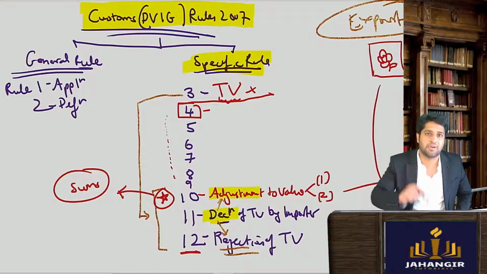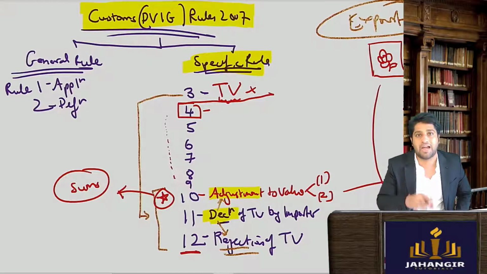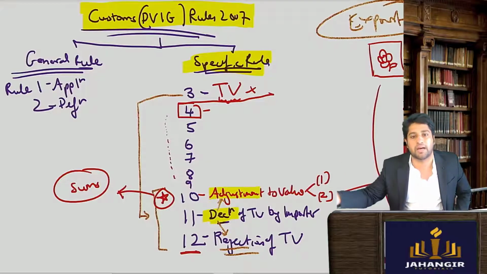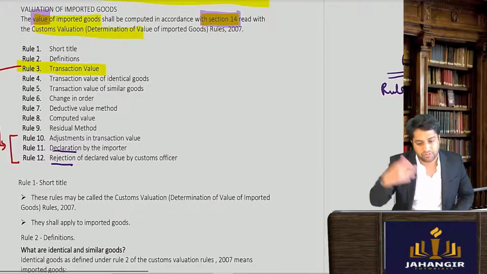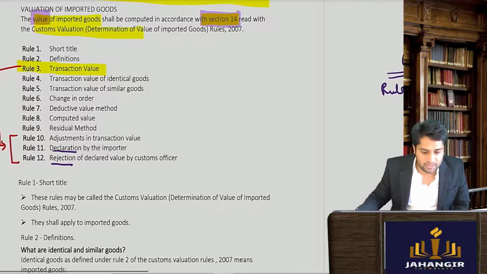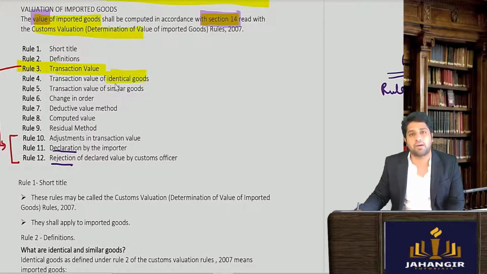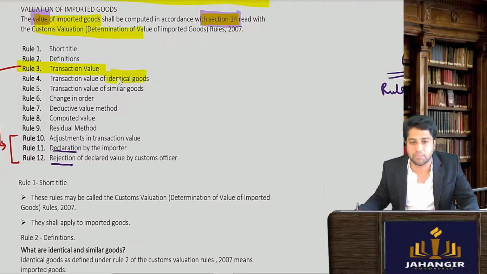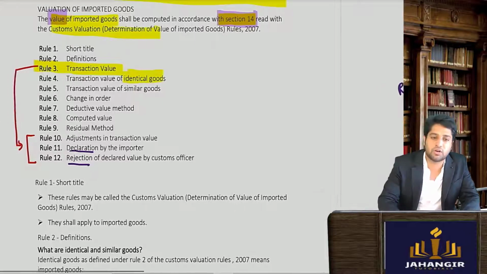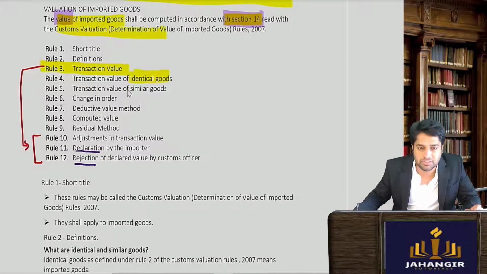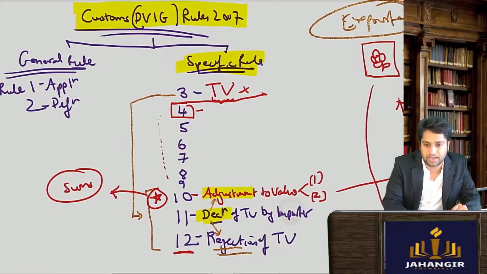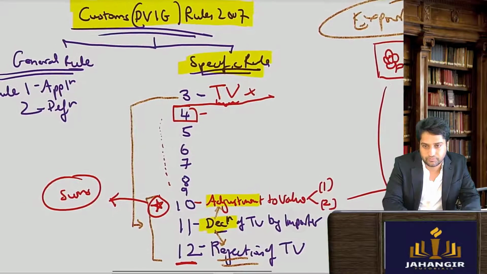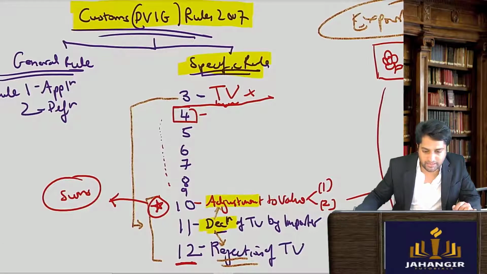If your laptop is an Apple MacBook Pro, then what is a MacBook Pro priced at in the market? I'll just find identical goods. So the next rule, after the transaction value cannot be trusted, is identical goods. Maybe I'll try to find the exact goods in the market, and what its price is. If identical goods are not available for some reason, then I will go to similar goods. So what is the first thing I have to do if I can't trust the transaction value? I will go to identical goods.